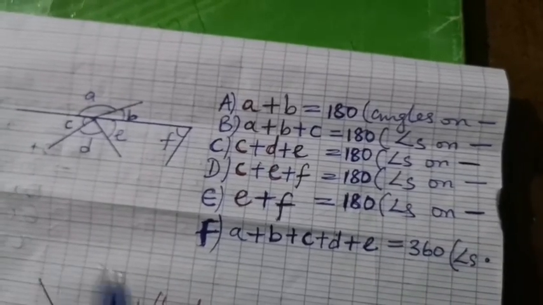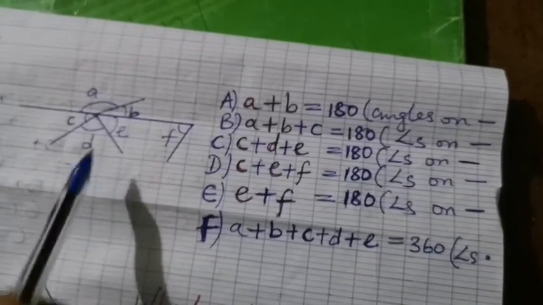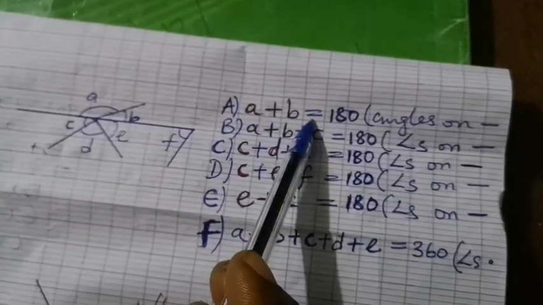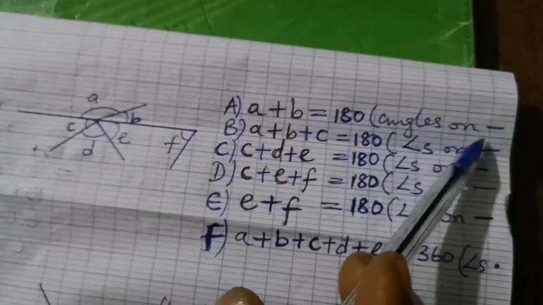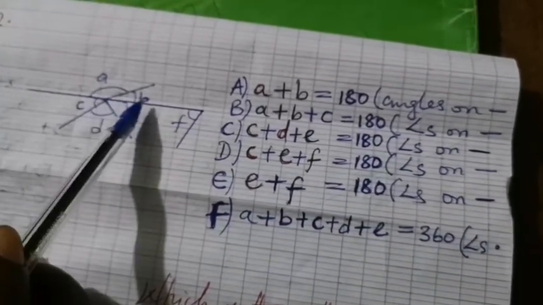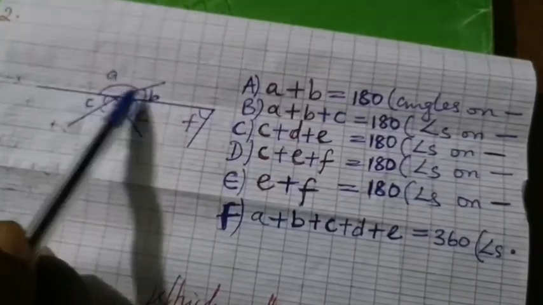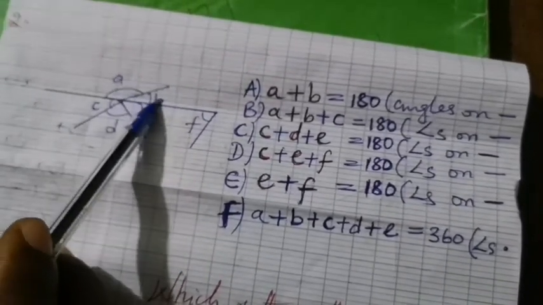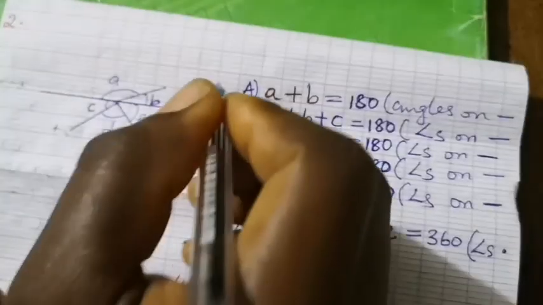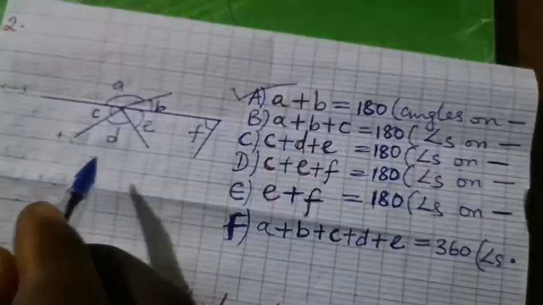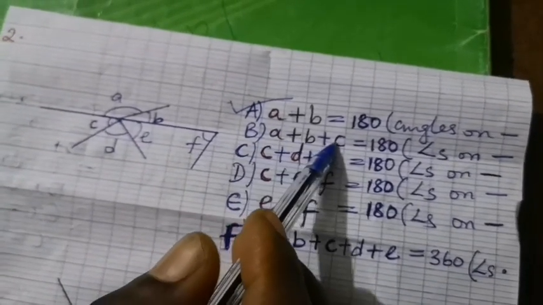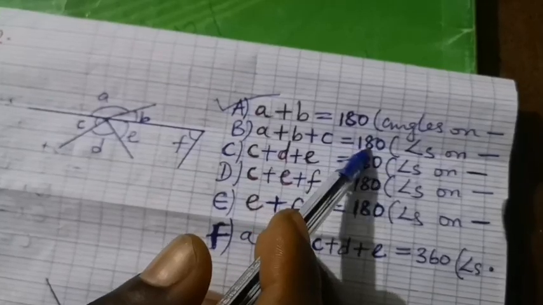Okay, let's now solve it together. Now look at the first one. We have A plus B is equal to 180 degrees, angles on a straight line. A plus B is angles on a straight line, so it's correct. That one is correct. Then we have the next one, A plus B plus C equal to 180 degrees, angles